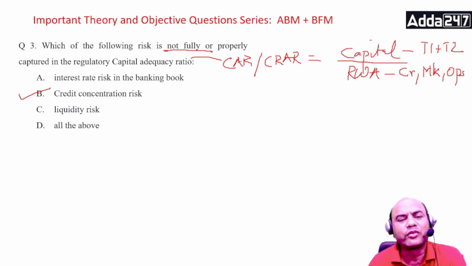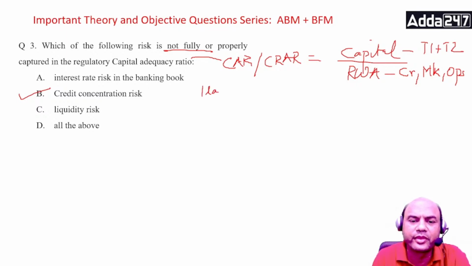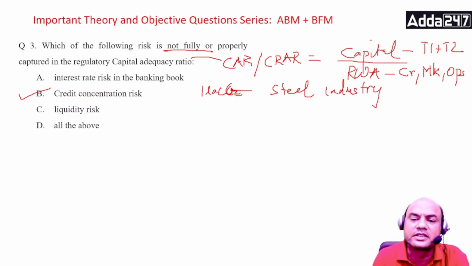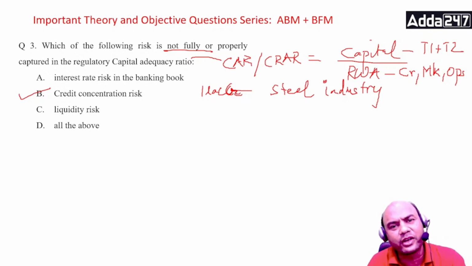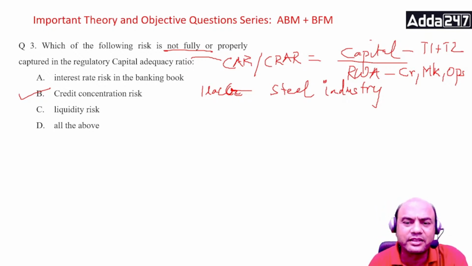CRAR does not say what is concentration risk. See this. Let's say I am having 1 lakh crore. I give the whole loan only to one party, one customer, or only one group of customers. Let's talk about bigger figures. Now 1 lakh crore I give completely to the steel industry. There are various companies in this, right? It can be Vedanta, it can be Lloyds, it can be Tata Steel, various companies, but all